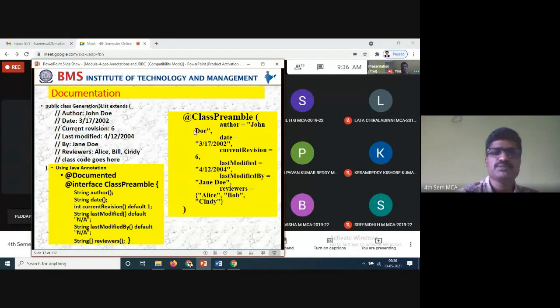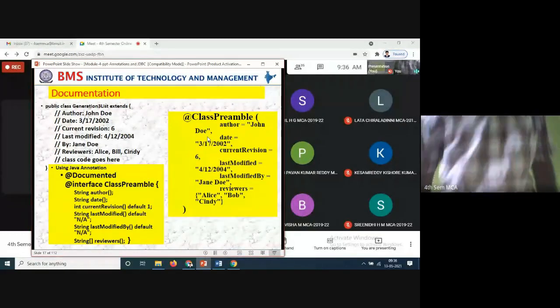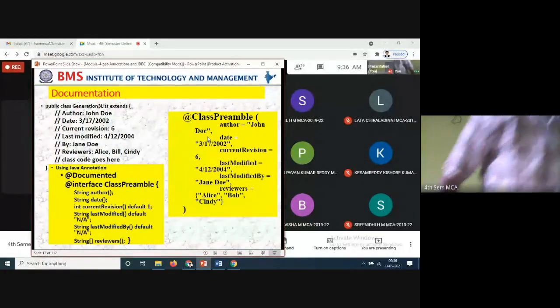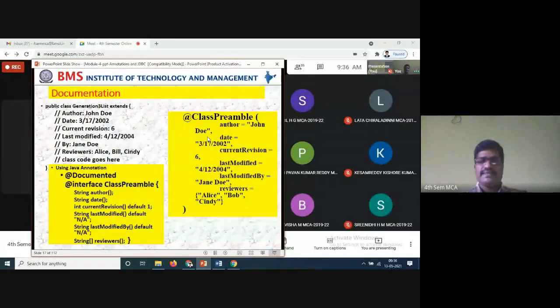Now @Preamble, how to write it? The first one is author. Author is nothing but John Doe, within the quotes. Already we know that when we have a combination of characters, that is nothing but double quotes. Next, anyway it is a string. Another one is date.